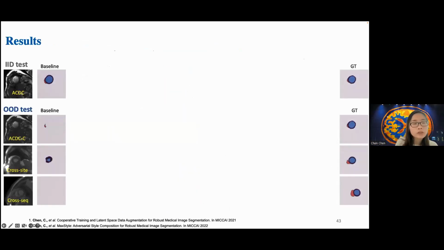So here are more results about how we evaluate our method on different test domains. The first one is the easiest one. We are testing directly on the intra-domain test dataset. This is the baseline method, where we are just using some random data augmentation with a U-Net segmentation model, and a dual branch architecture to get some results. We also tested on 3 challenging out-of-domain test datasets, including the ACDC-C, where we augment the intra-domain test set with 4 very challenging image artifacts,